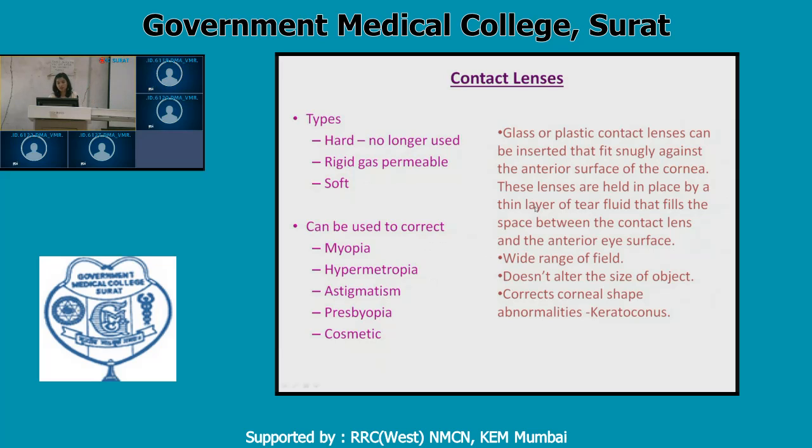In a few conditions, spectacles do not help, and only contact lenses help because of the added advantage that these contact lenses fit absolutely on the cornea. They tightly fit on the cornea, and with movement of the eyeball, they also move. So this provides a wide range of field of vision. With spectacles, you have a limited range. If you want to see laterally, you cannot just rotate your eye.